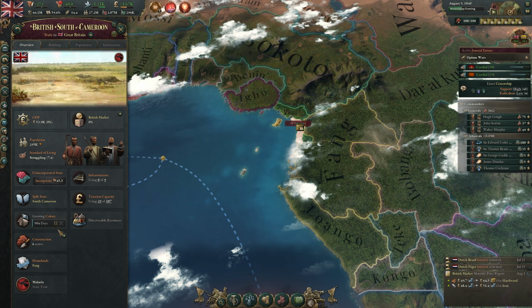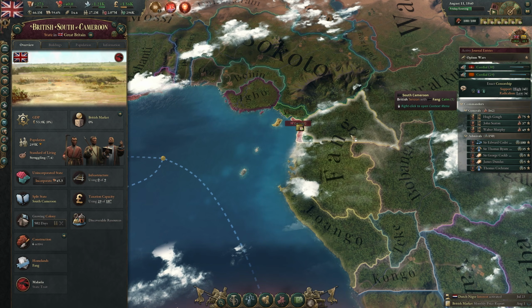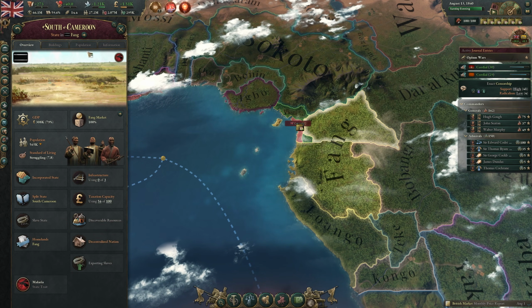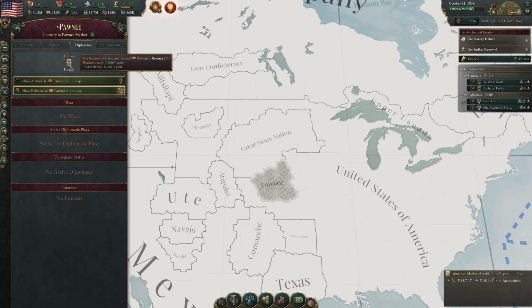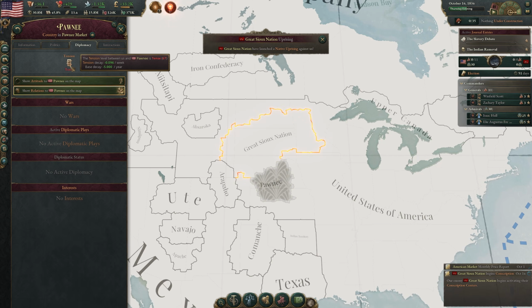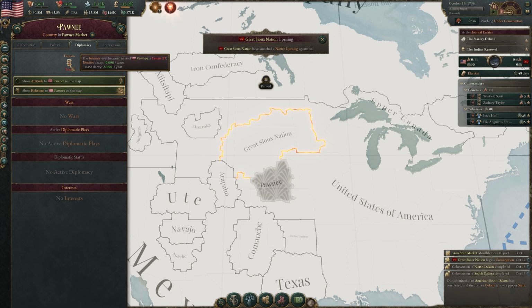Be warned though, that same process will increase the tension between you and the people you're colonizing, and should this reach volatile, you'll be more likely to see native uprisings that try to force you back. Typically, you're not likely to have trouble against these, but the loss of life, time, and money wasted in putting these uprisings